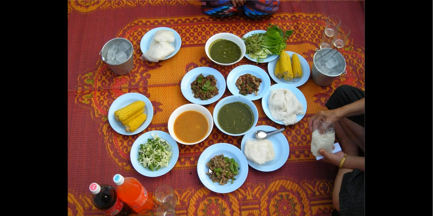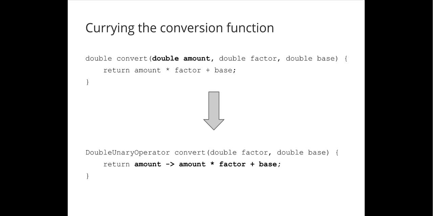My favorite curry is the thali. Thalis are these big curries that have all sorts of little dishes associated with them. And you can think of currying a bit in a similar way from a programming perspective. Currying is the act of taking one function that eats all of its arguments in one monolithic step and breaking it out so that it takes each argument one at a time. Fantastic. I'm really getting hooked.